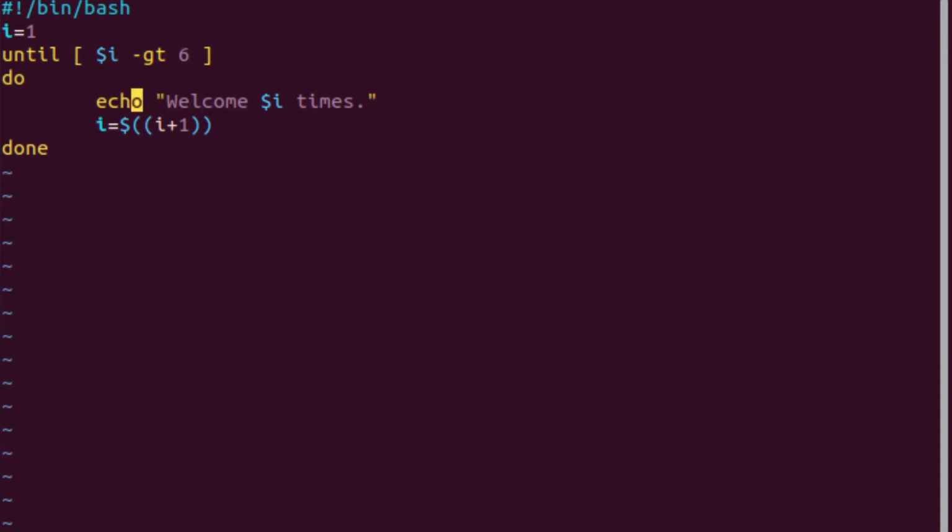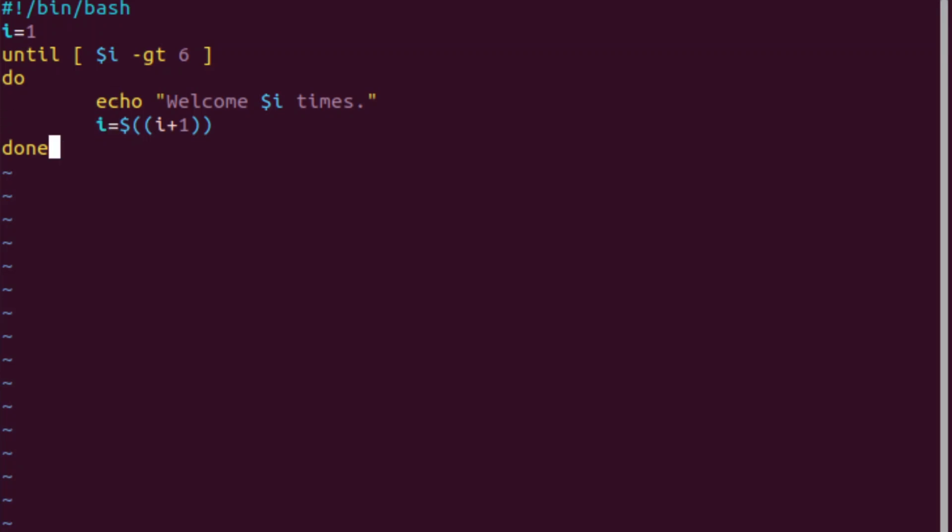We're going to have an echo welcome the variable I times, and then it's going to add 1 to the variable I. We're using arithmetic here. We want to add 1 to I, so we use double parentheses, and we want to assign the sum back to the variable I, so we put the dollar sign here and set that back as the new value of I.